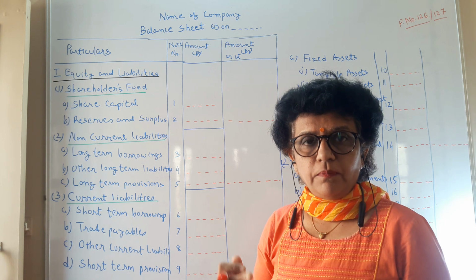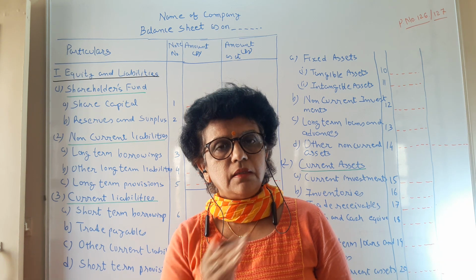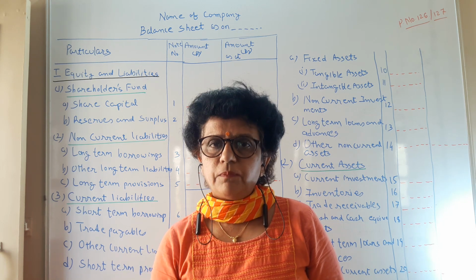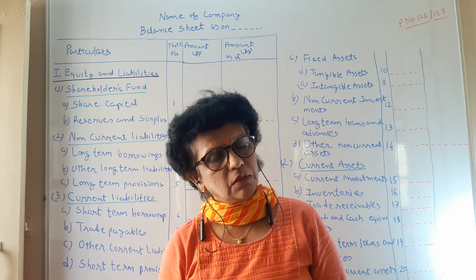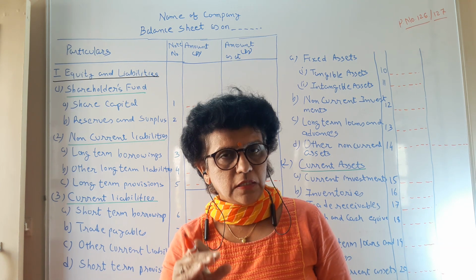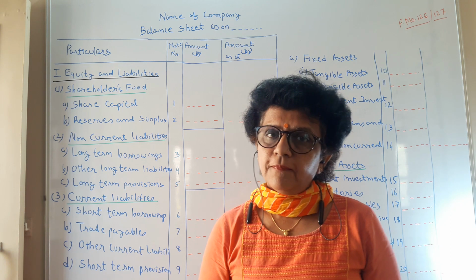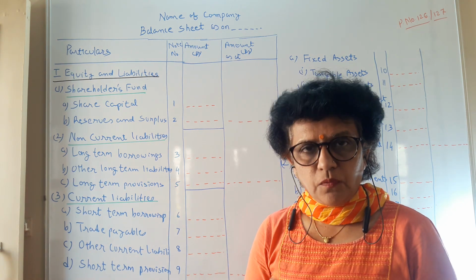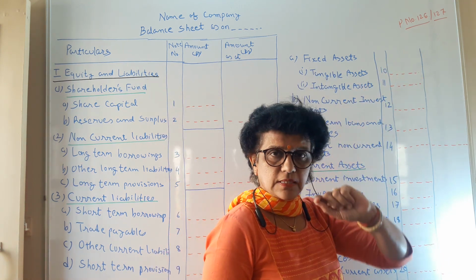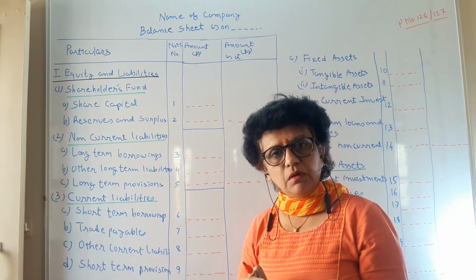In our sole trading final account, we have observed that we used to prepare the final account in the T form presentation. We used to have the debit side, credit side, and in that T form way we used to prepare the balance sheet also. But in the Companies Act, as per 2013, the format is very precisely mentioned, and according to the format only you have to prepare the statements. So the first statement we are going to understand is given on the textbook page number 126, 127. You can refer to it. In the same precise manner, you have to prepare your balance sheet.